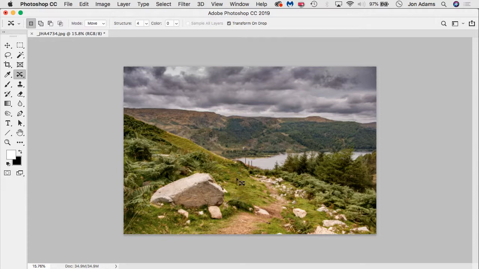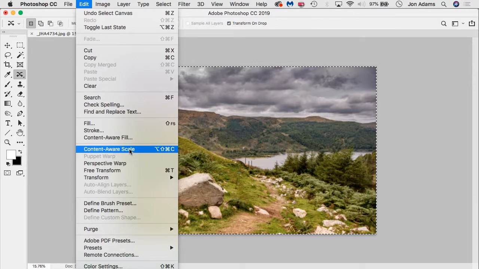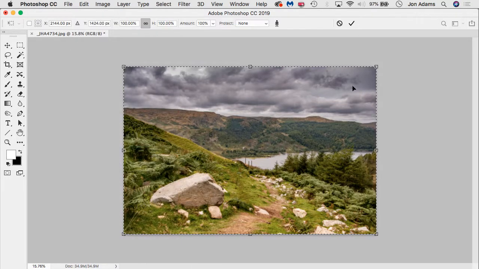So I'm going to do it the easy way. I'm just going to make sure I have a selection in place by hitting Control or Command and A. That selects the whole image, and that means I'm ready to go with this particular command. So once we've got a selection around the whole image, we go up to Edit and we move down to Content Aware Scale. Click on that and we get a bounding box, very much the same as we would with